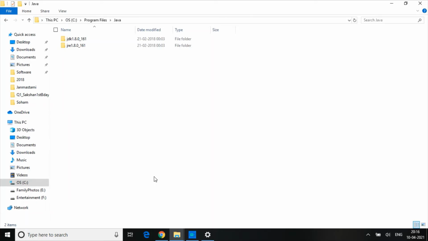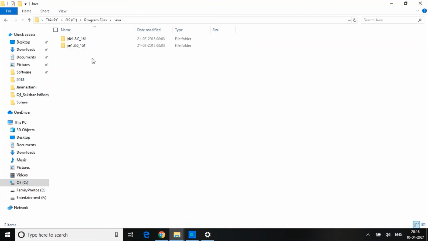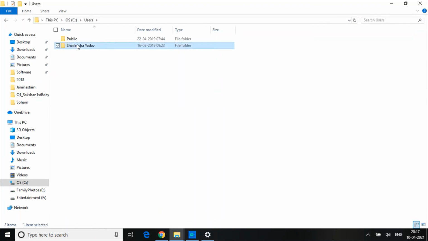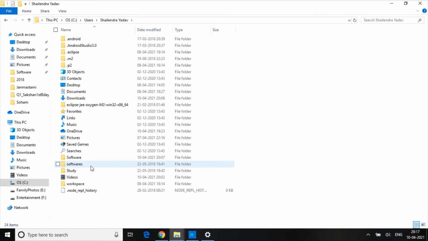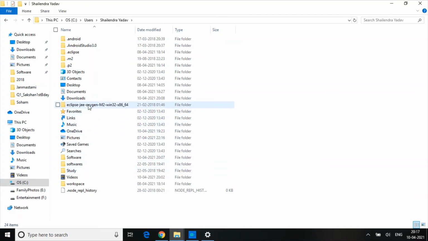I am declining this because I already installed this software. Now let's move to the second part. Just click on Eclipse, and it will install your Eclipse IDE. Once the Eclipse IDE is installed, go to your user folder, like my user, and here you can find the Eclipse Oxygen version.